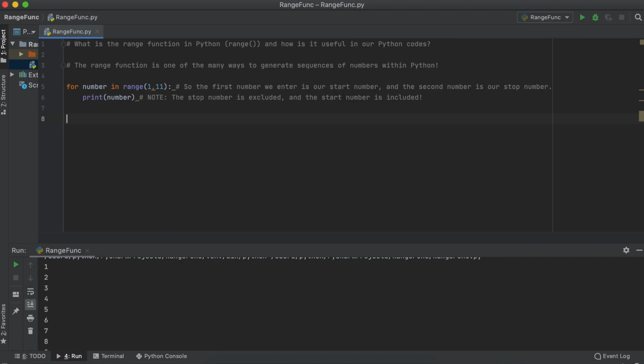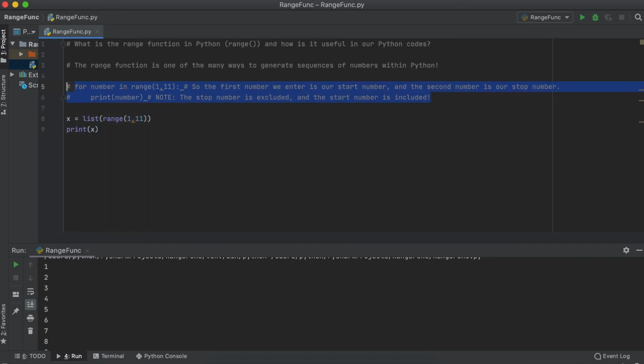up by 1 every time until it reaches the second number inside the range function. Then it will stop counting. That is why for your stop number, you use the number you want plus 1. This is equivalent to setting up our desired range inside a variable and applying it in the following way.